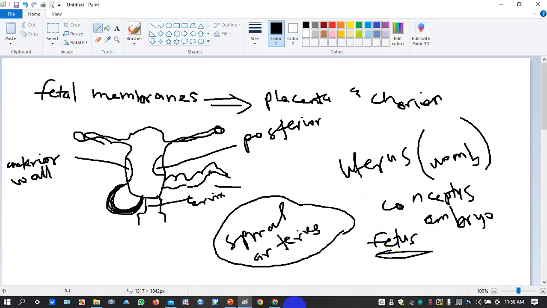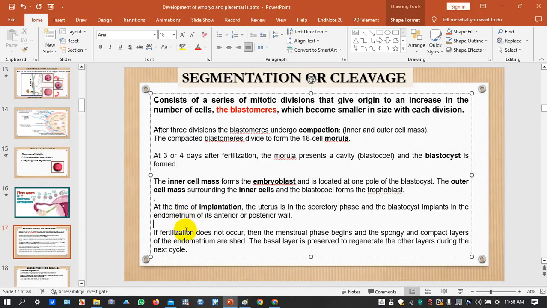Okay, let's continue. If fertilization does not occur, then the menstrual phase begins. So if the egg gets to the endometrium and it doesn't get fertilized in the ampulla region, and the egg gets into the endometrium or the anterior posterior wall of the uterus, then the endometrium will be